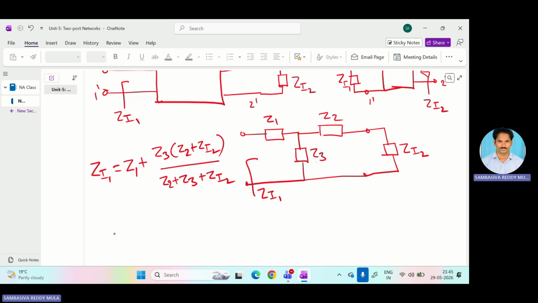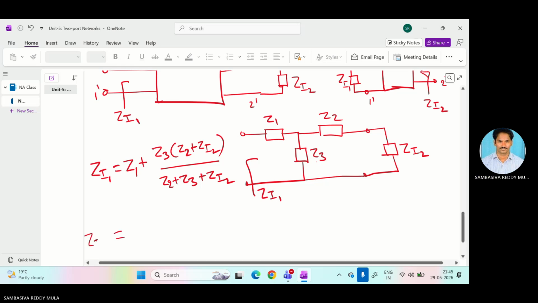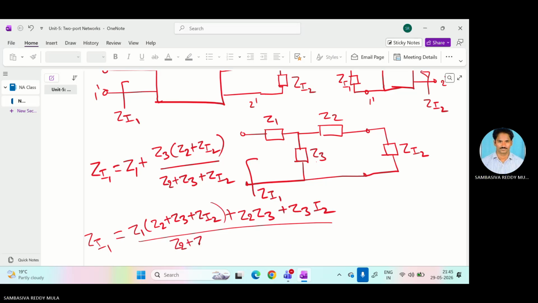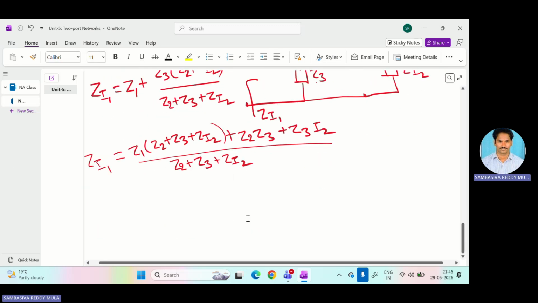So now if you take the LCM, ZI1 is Z1 into Z2 plus Z3 plus ZI2 plus Z2 Z3 plus Z3 into ZI2. So this denominator will cross multiply in the next step. Now if you cross multiply and simplify the expression,